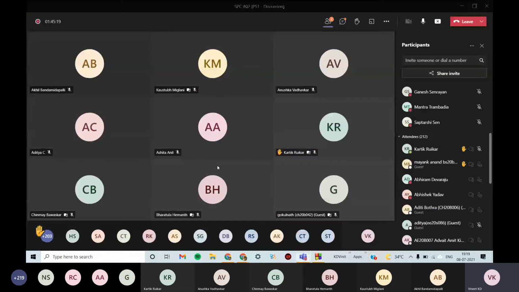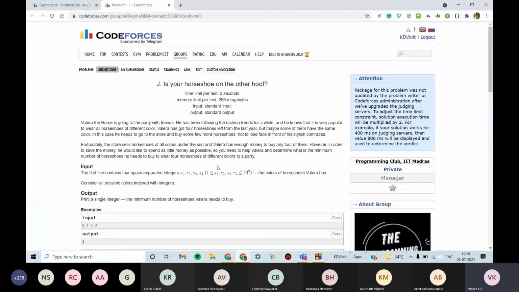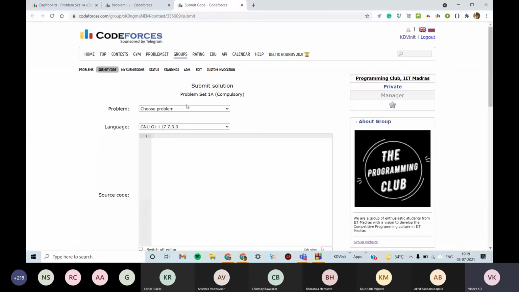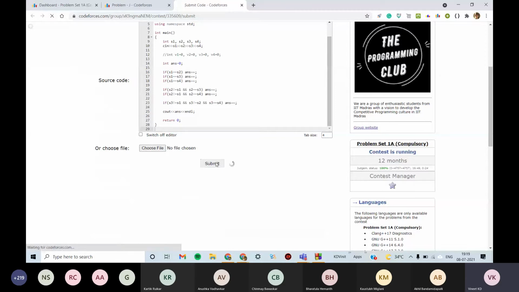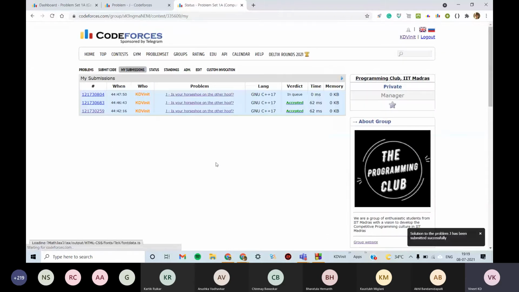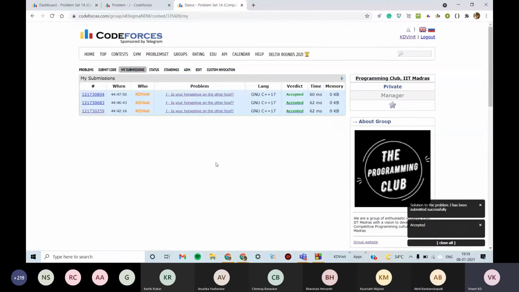Let's see if this is instead a wrong answer with respect to Codeforces. Again, if it is for n numbers, you would have to write each and every condition: S3 not equal to S2, S3 not equal to S1, and for 1000 you would have to write S3 not equal to S999, S900, and so on up till 1.